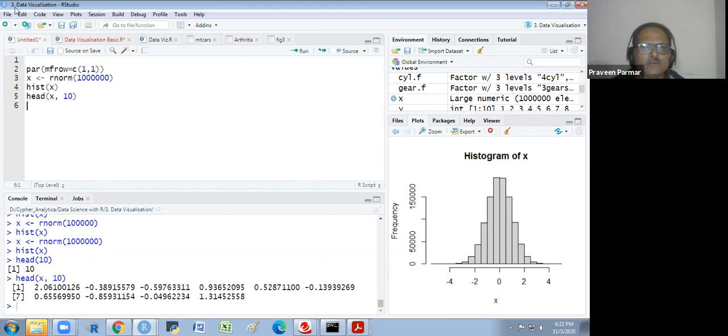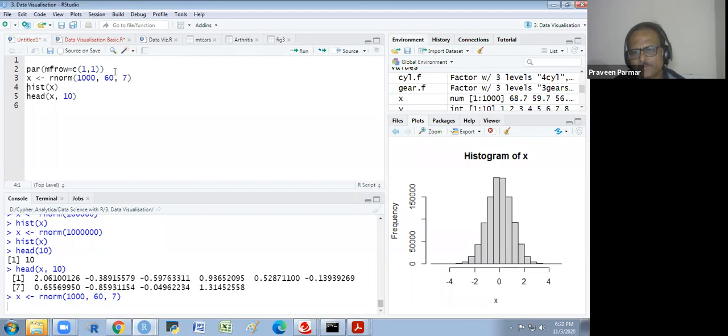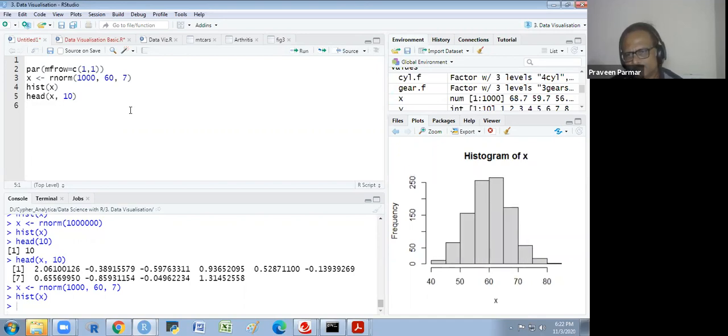If I want to create a normal distribution of 1000 observations with mean 60 and a standard deviation 7, I develop this. Now you see our X scale will change. Got it?